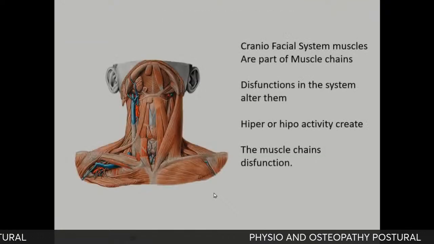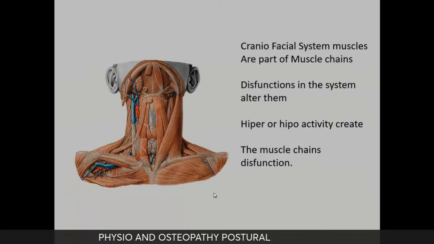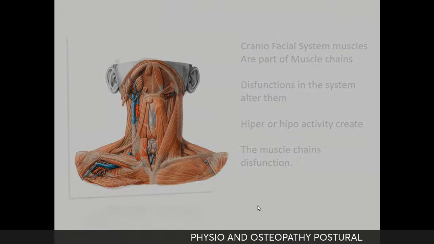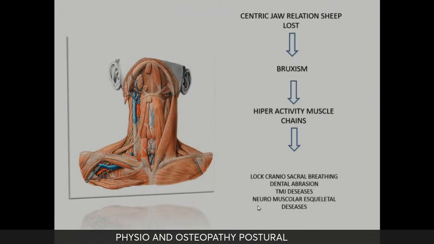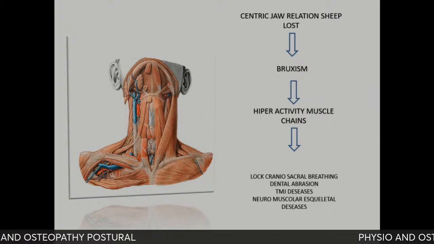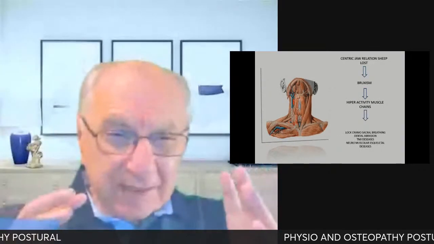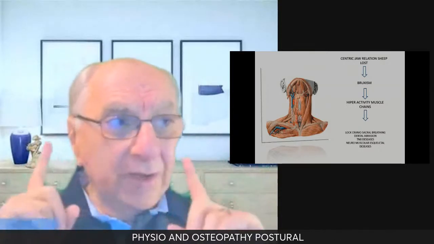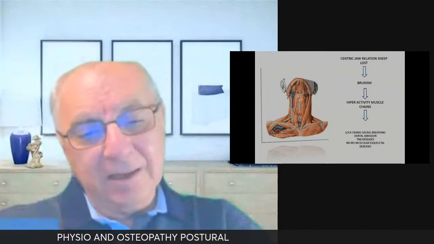And the craniofacial system, the muscles of the craniofacial system, are part of the body. Dysfunction in this system will alter other parts of the body from the top to the bottom. How? Well, we call that central relationship. In dentistry, we say central relationship, jaw centration. When this centration is changing,